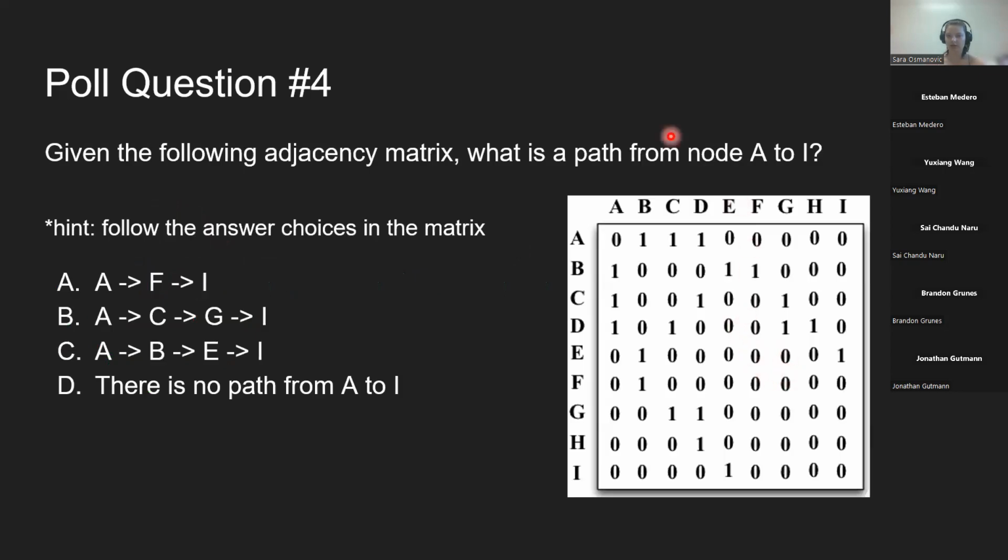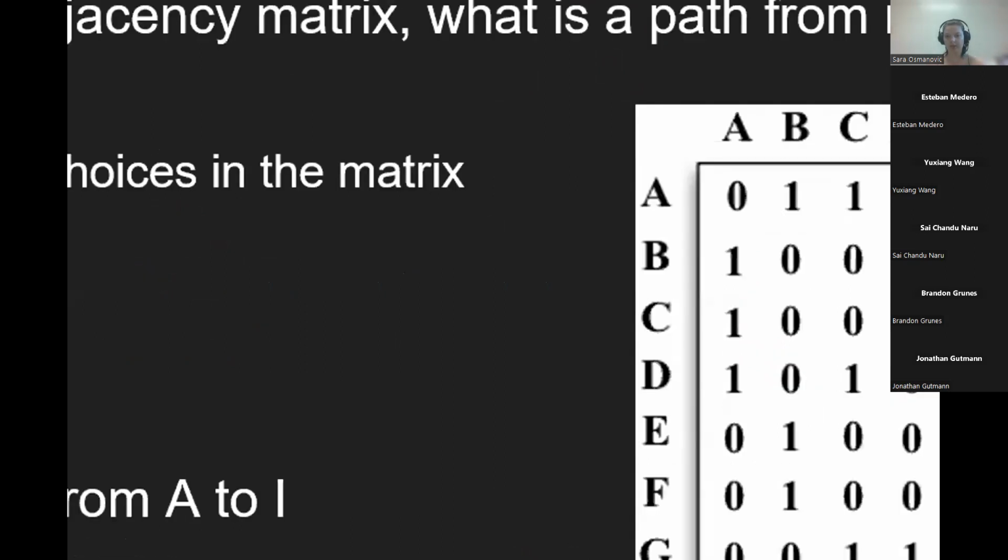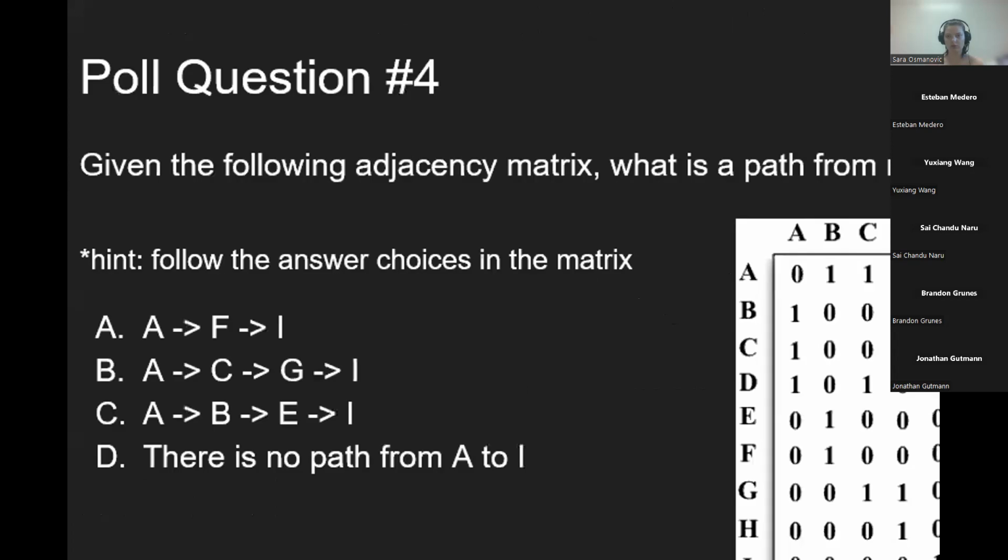This is too long of a question before I open the quiz for you guys, so I'm going to do that first. And then we're going to go back to questions. So now,